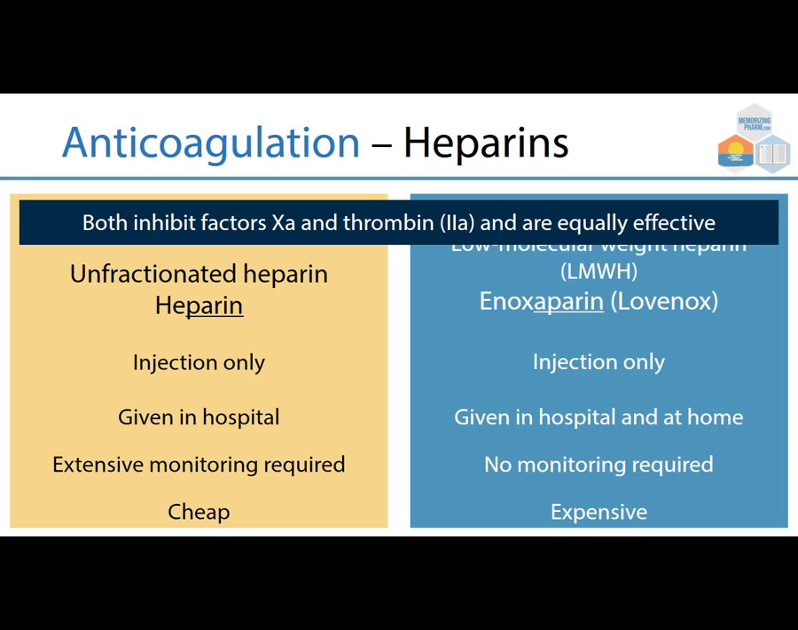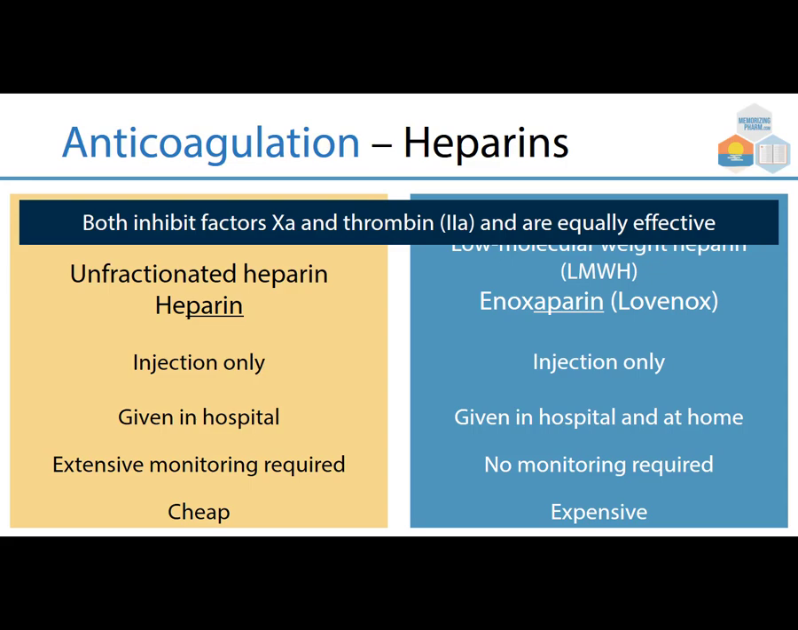Then there's low molecular weight heparin, LMWH, or enoxaparin, which is brand Lovenox. It's injection only, and it's given in the hospital and at home. There's no monitoring required. It's quite expensive, but not as expensive as being in the hospital. So the choice is to take someone from heparin in the hospital, both start with H, and then go on